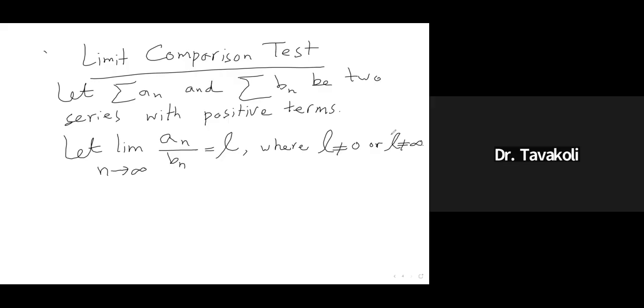So L is a number, but it's not 0, a number different from 0. If the limit of the ratio of the general terms of the two series is a number other than 0, of course, it cannot be infinity, as it's not supposed to be infinity,